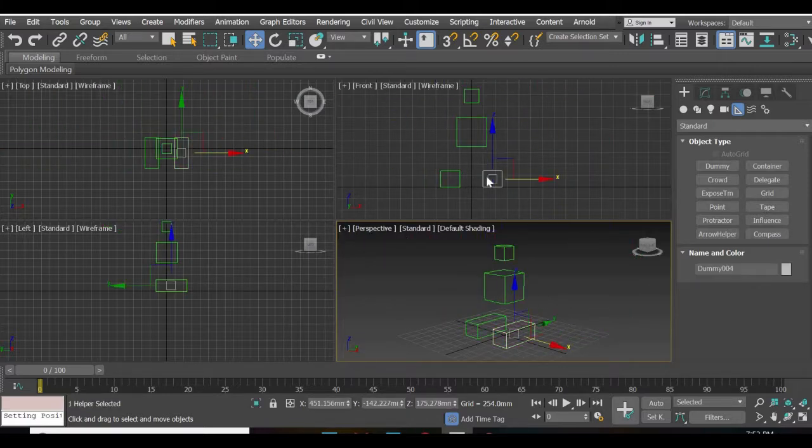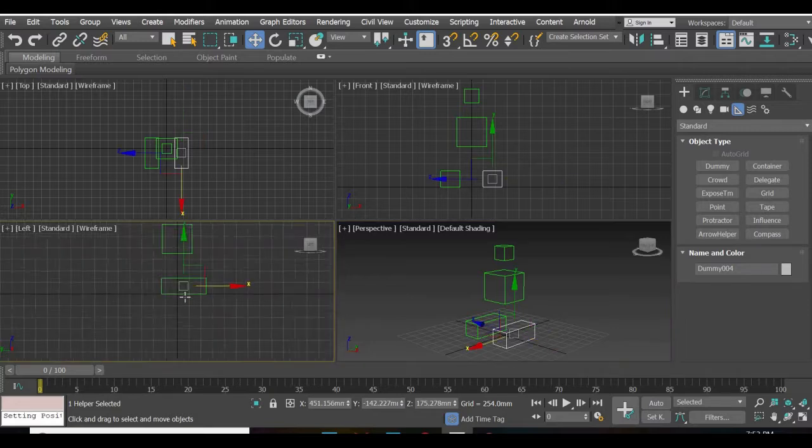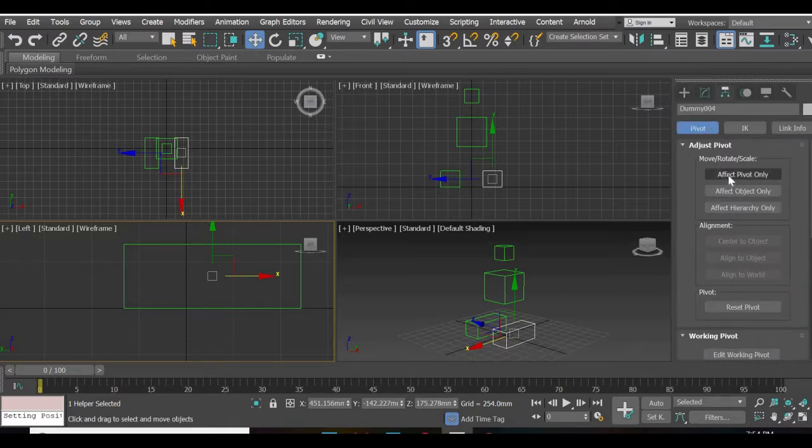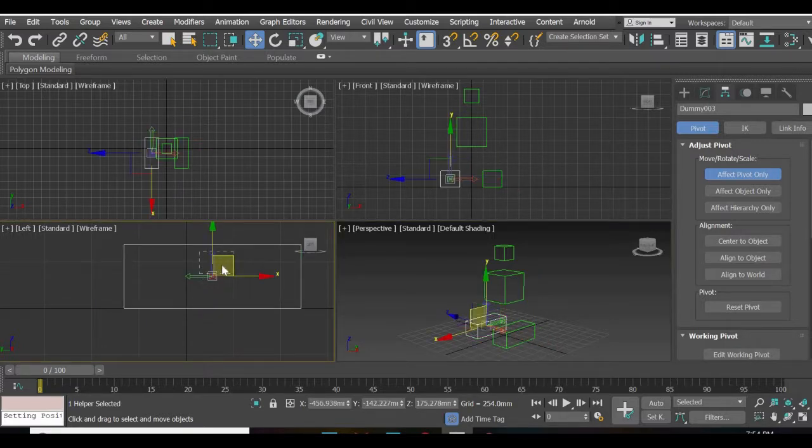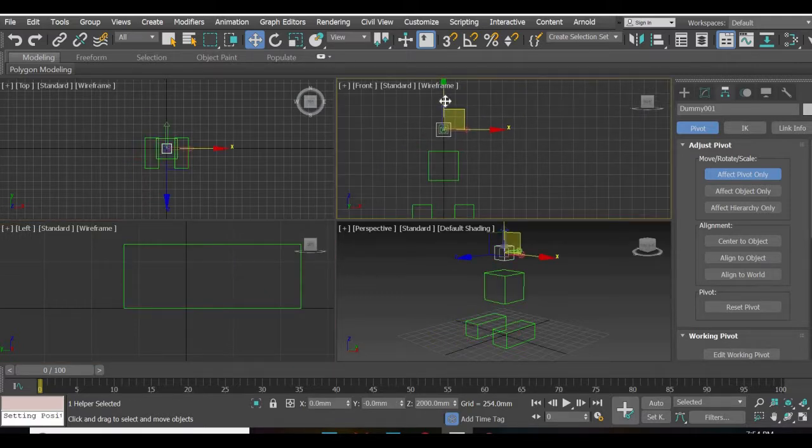Okay, now the pivot point for the leg has to be at the bottom of the feet. So if you go to hierarchy and affect pivot only, you can drag it to the bottom of the feet. Same thing for this one, move it to the bottom of the feet, and then we'll move the pivot of this at the center, so that